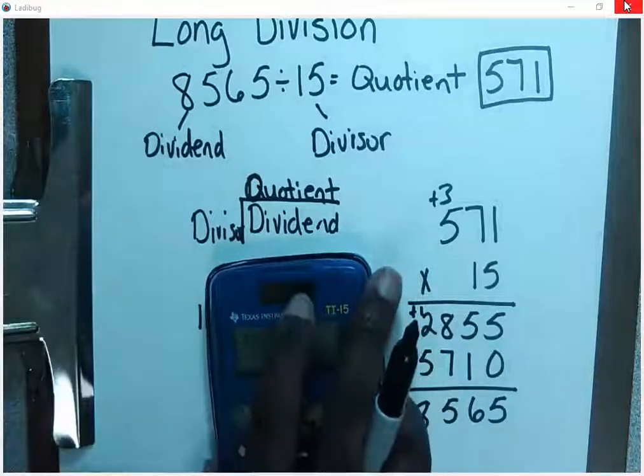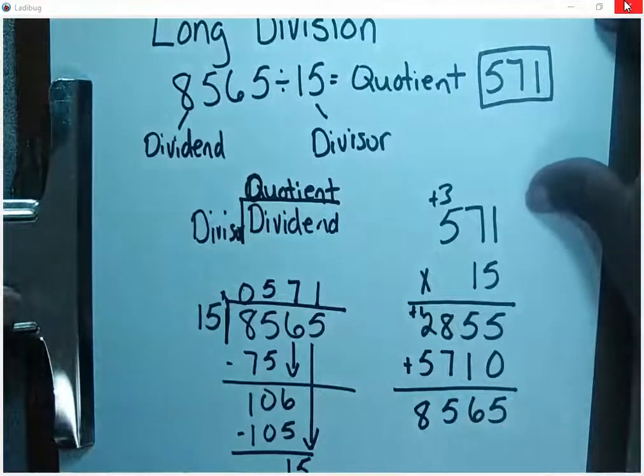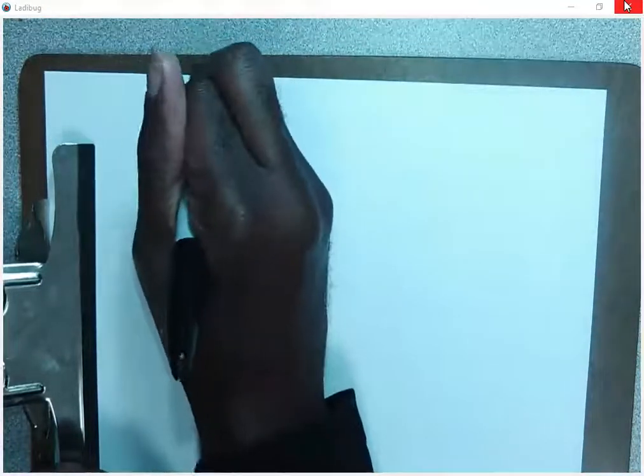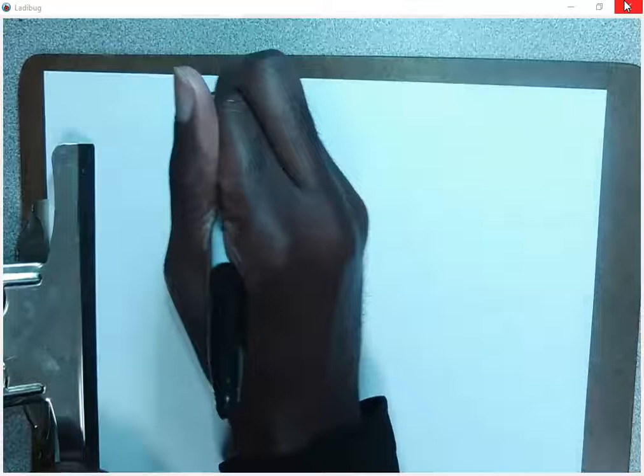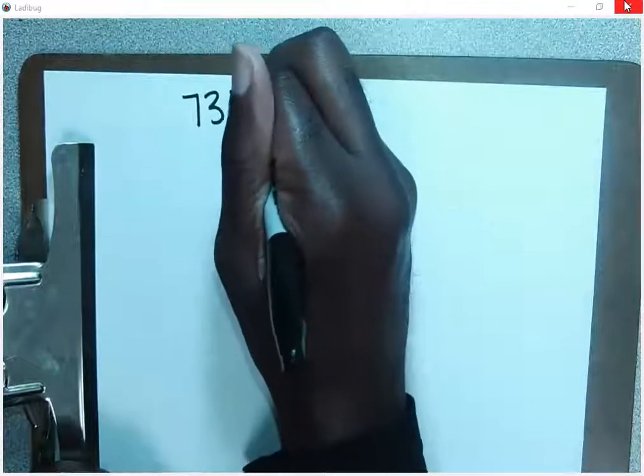All right, let's try one more with long division. Remember, anytime if you need to, please pause the video or rewind the video so you don't miss any steps to make sure you master this strategy. All right, so now still doing long division. I'm going to use the problem 7,318 divided by